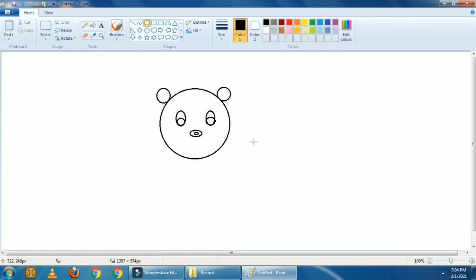Okay, so now we have to draw the hair of the Mickey Mouse. For that we can take the pencil tool. This is our pencil tool, and start drawing from here and take curve from here, which is given in your textbook, like this.